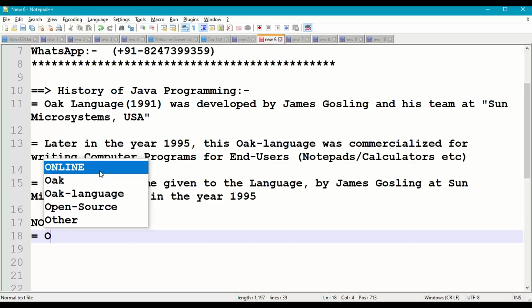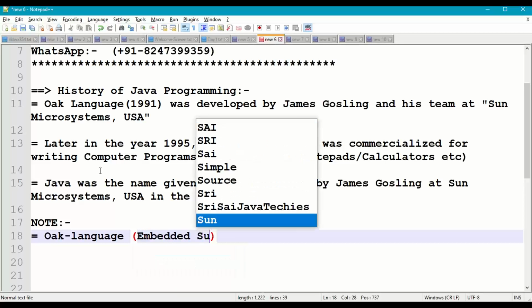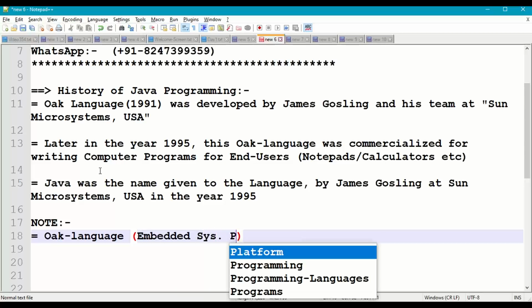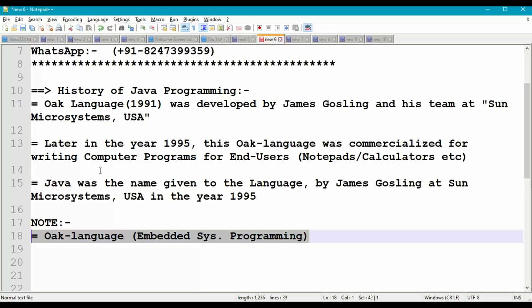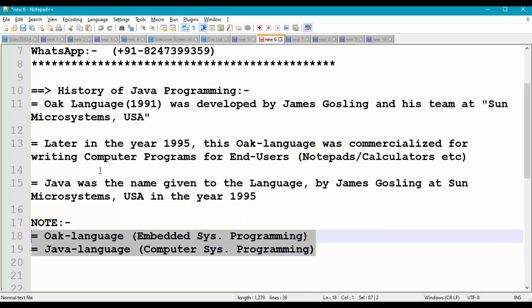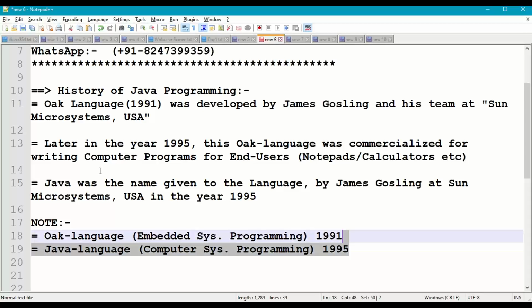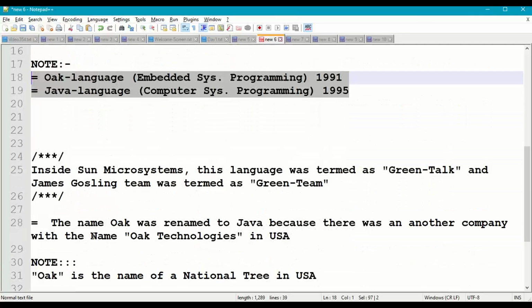Right, so the Oak language was used for embedded system programming, whereas the Java language was used for computer system programming. So Oak was 1991, Java programming language 1995. So this is a simple difference between the Oak programming language and the Java programming language. Right, so now